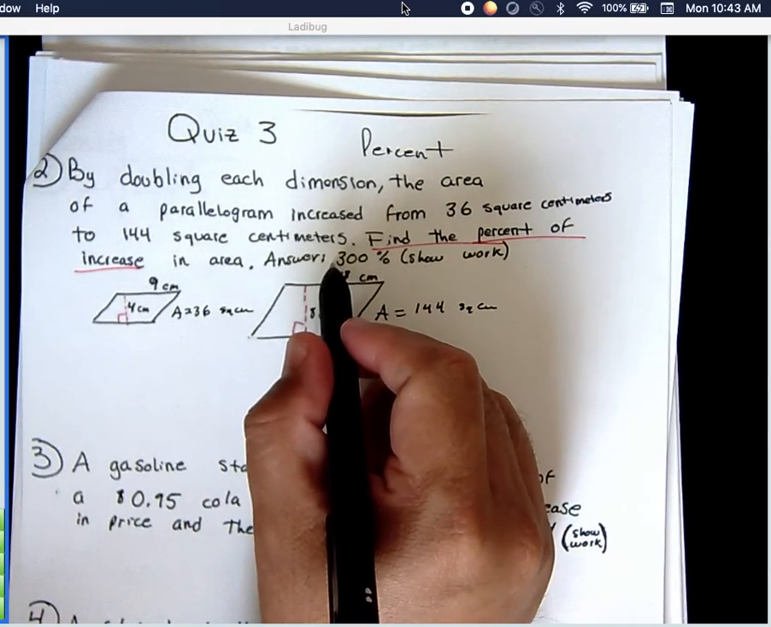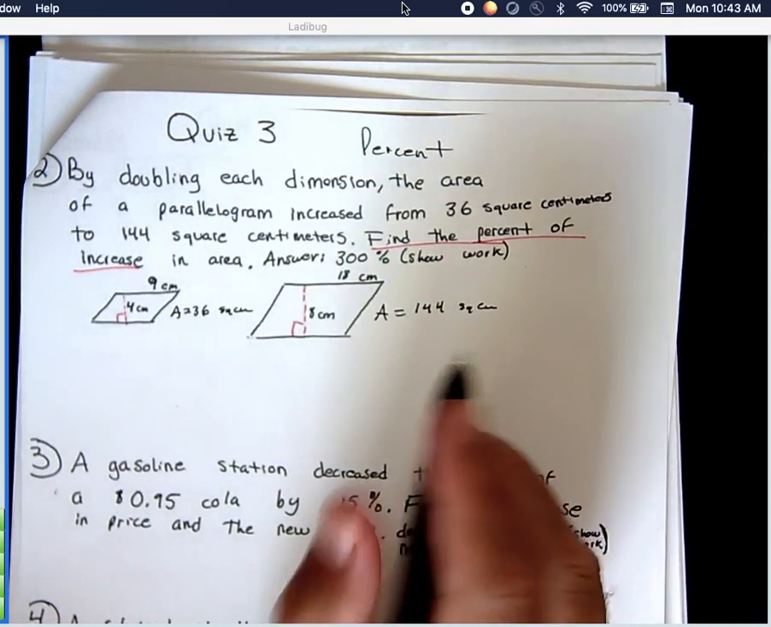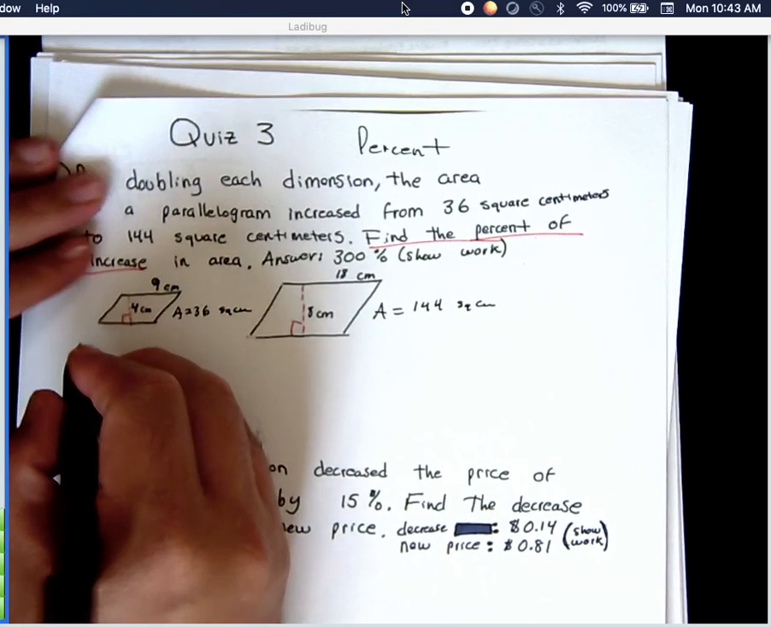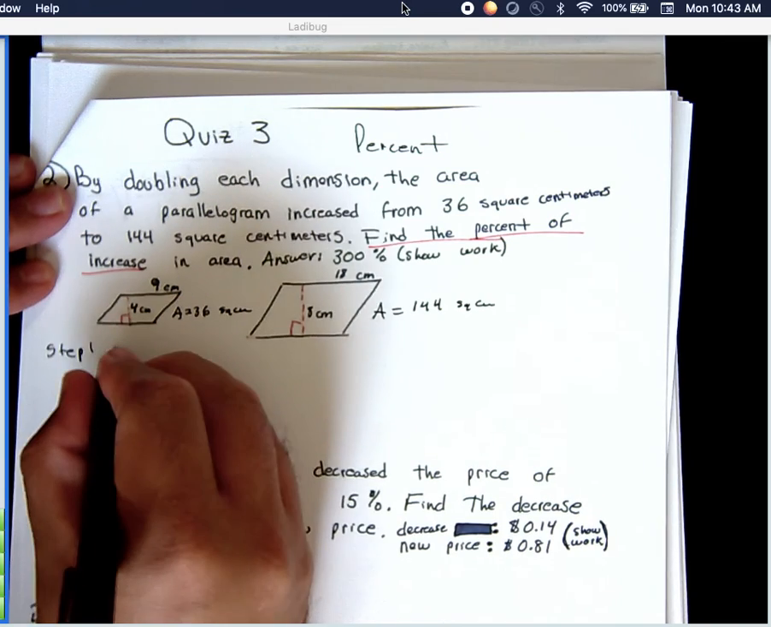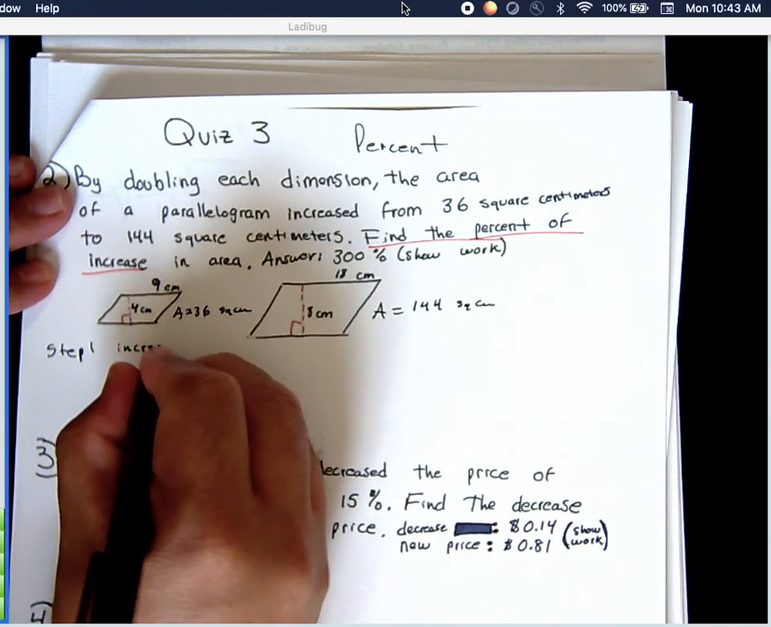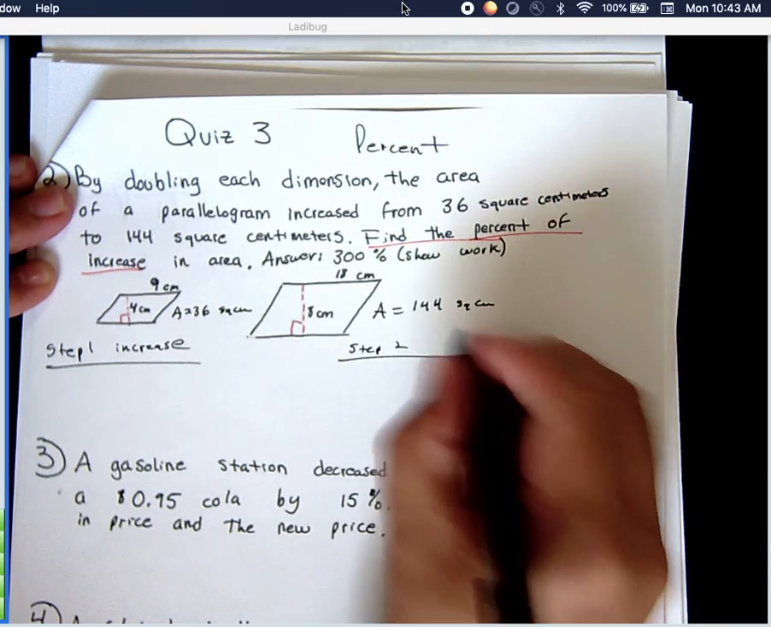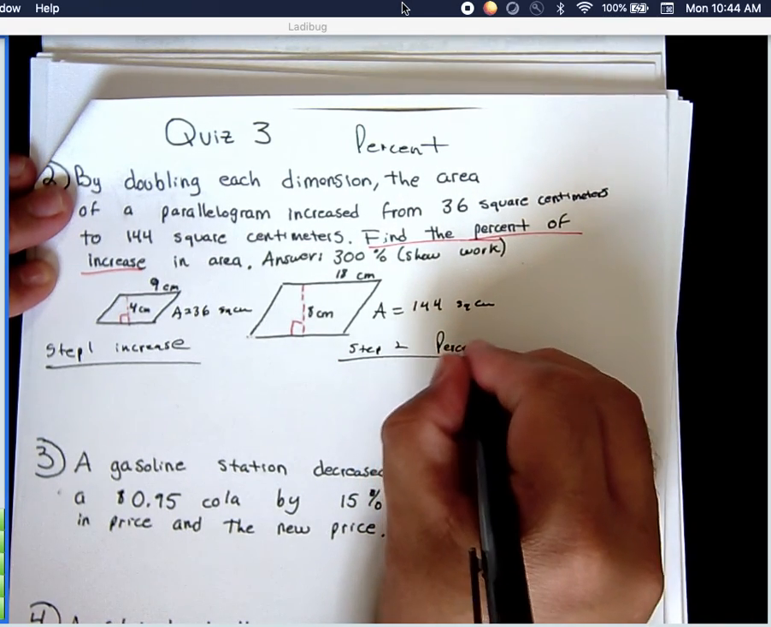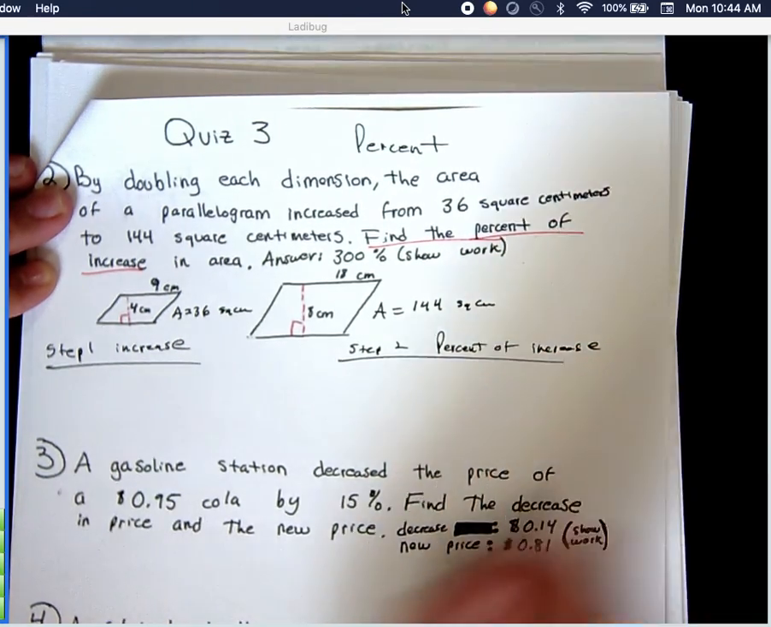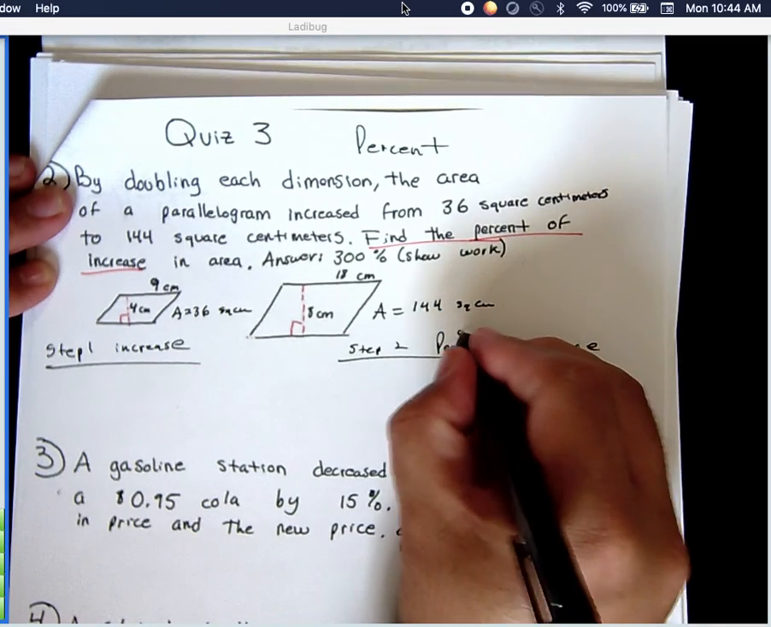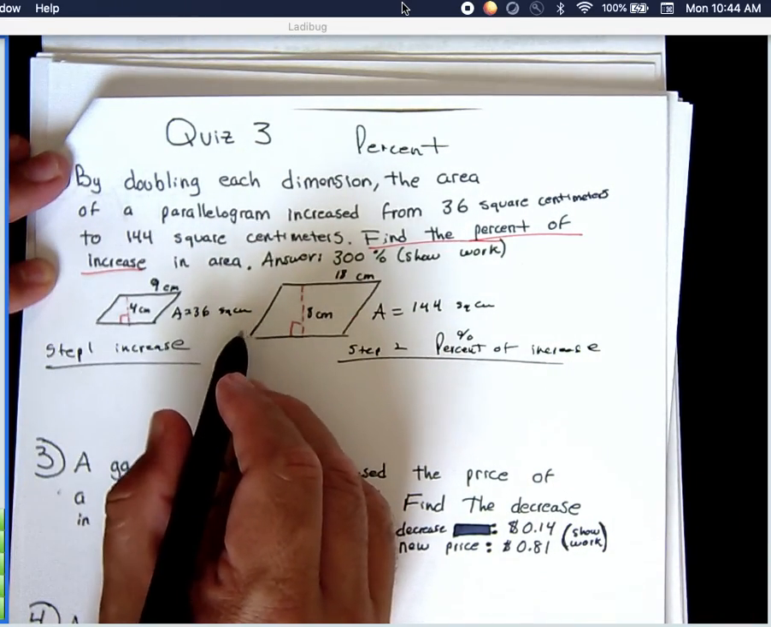And I gave you the answer for the quizzes right here, but I'm doing it for you so you won't need that. Okay, how do we find the percent of increase? You're gonna get something like this in the 9 weeks. Step 1 would be to find the increase first. Step 2 would be to find the percent of increase. Alright, so this is percent. So what's step 1? You're gonna subtract